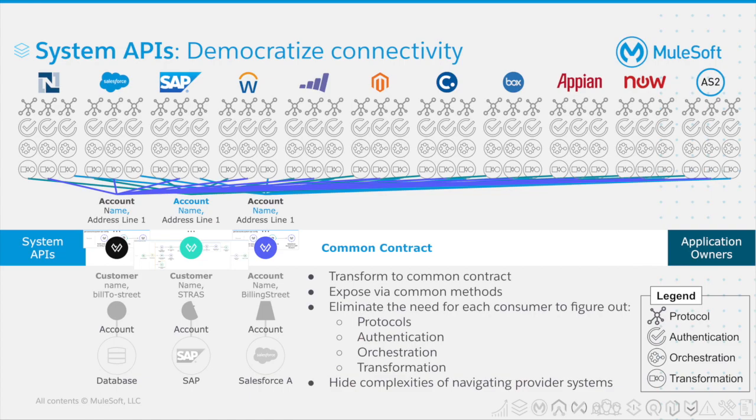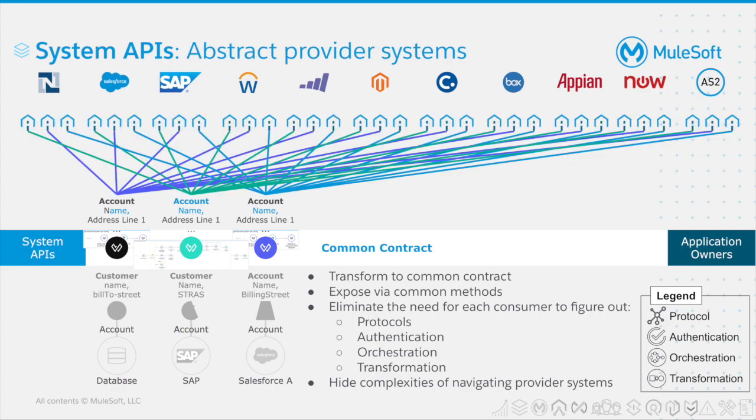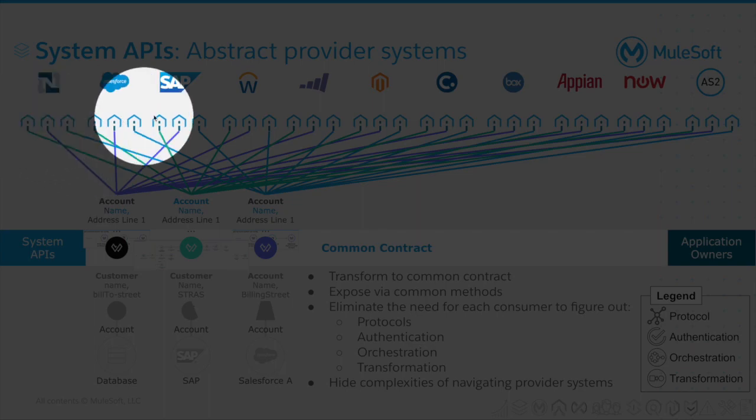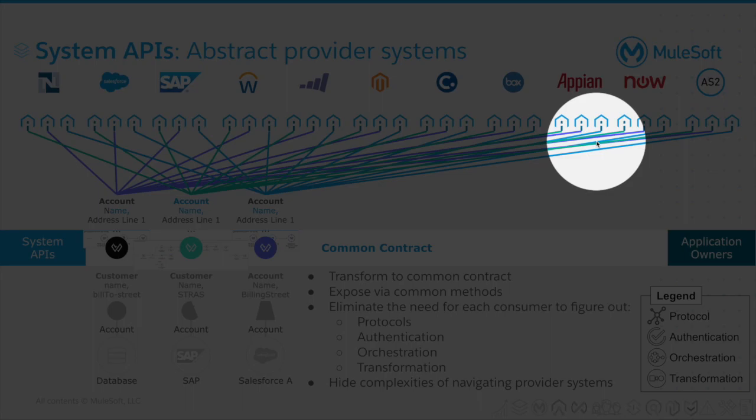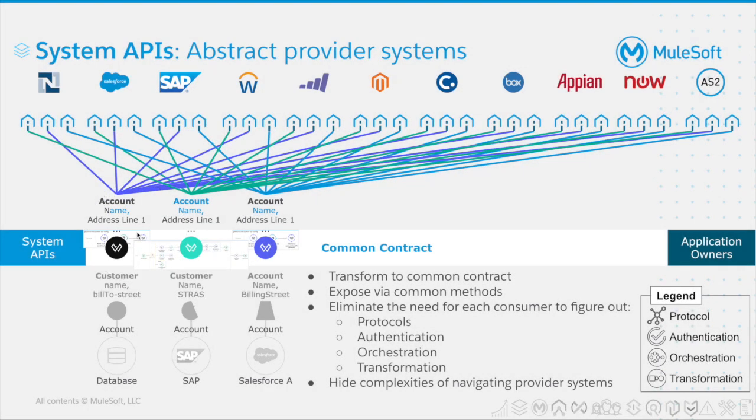Doesn't matter. All that's hidden in that system API layer and exposed in a common format. So that makes it easy for others to be able to access that and, in effect, democratizing that connectivity. Now we take it a step further, and what we're doing is showing how all that stuff goes away. All of this protocol, authentication, orchestration goes away, and I'm just calling these APIs to get that information that's out